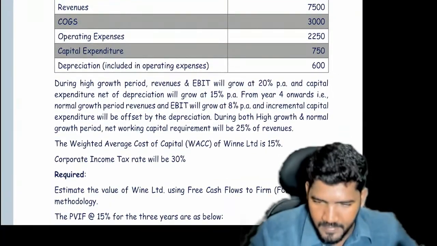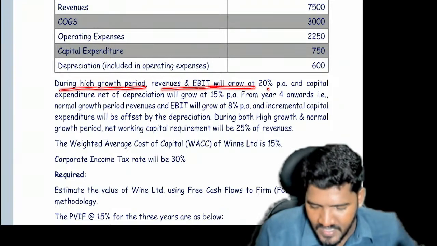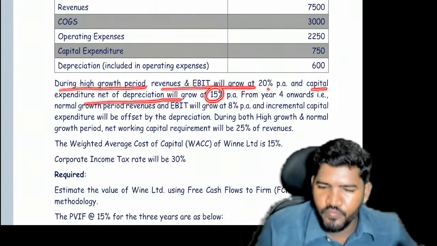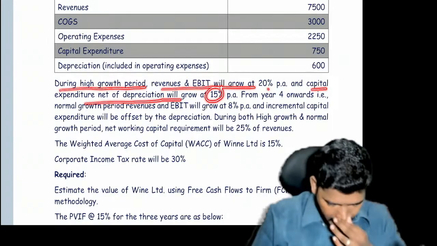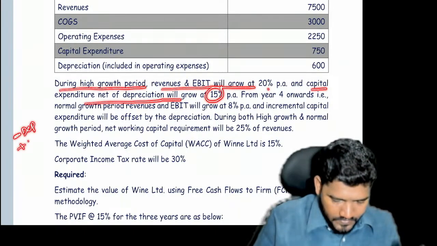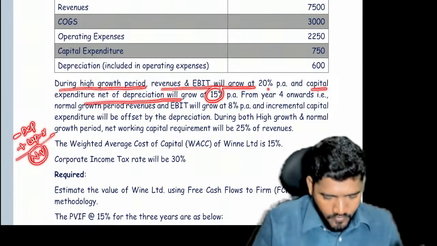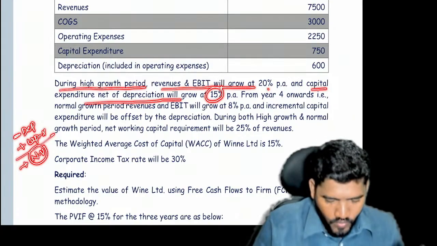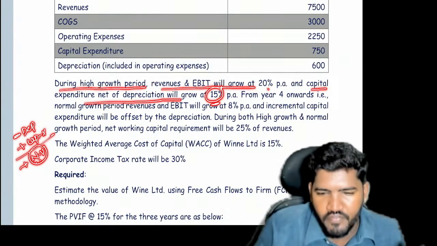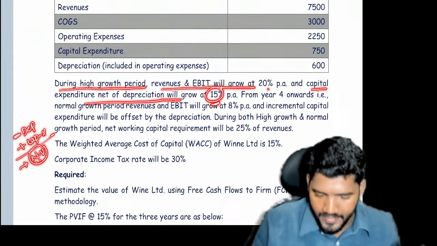This adjustment is very important. During the high growth period, revenue and EBITDA will grow at 20% per annum. I understand this. And capital expenditure net of depreciation will grow at 15%. Generally, what we do is add the depreciation and reduce the capital expenditure, right? They're using the words minus depreciation plus capex. Take the net value. If depreciation is more, you will get a negative answer. If capital expenditure is more, you will get a positive answer. Whatever net value you receive, you have to take 15% growth on it. So instead of two separate adjustments, they used only one adjustment. Okay. Next,